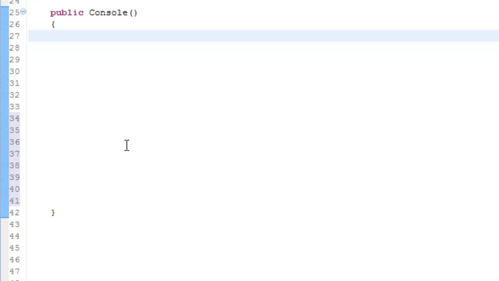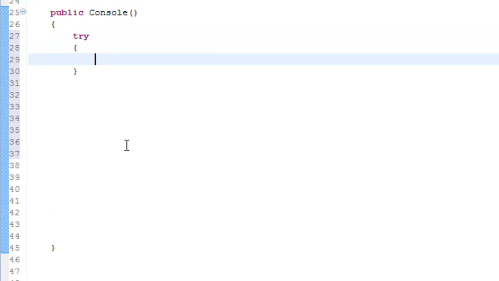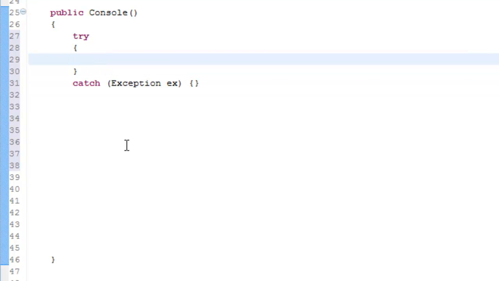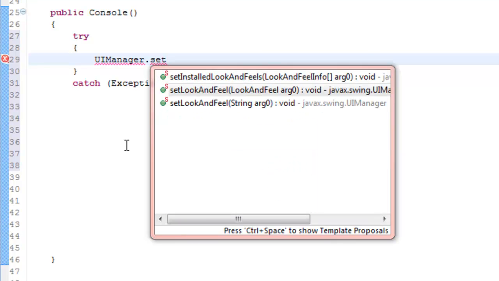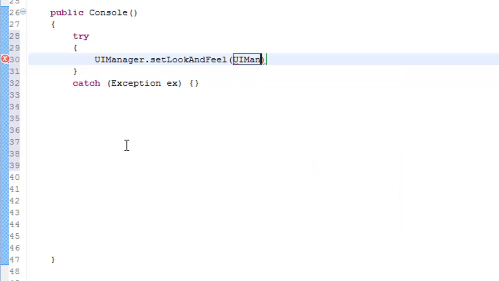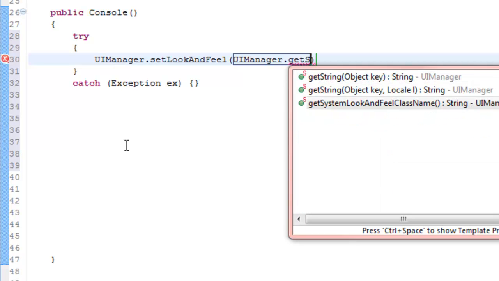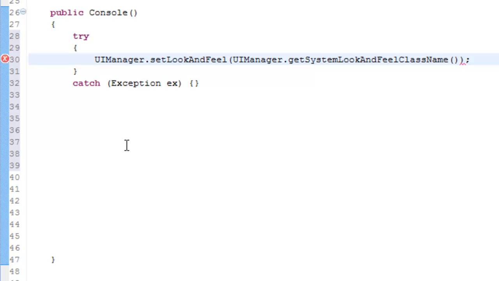So I want to make the window look like my operating system. So we're just going to make a try catch, and inside here I'm just going to write UIManager.setLookAndFeel(UIManager.getSystemLookAndFeelClassName